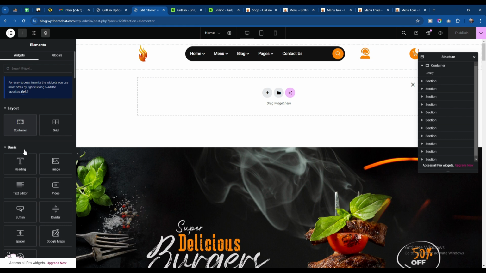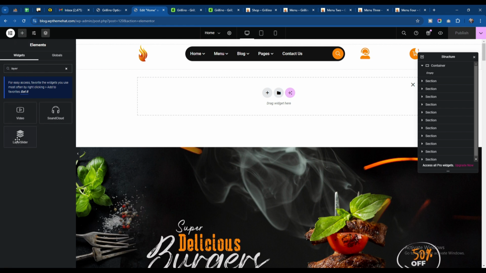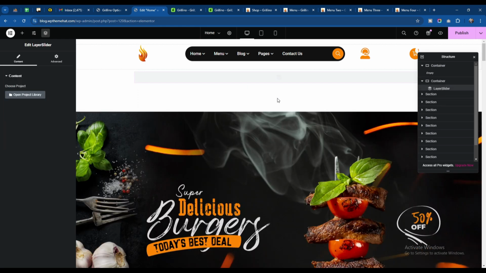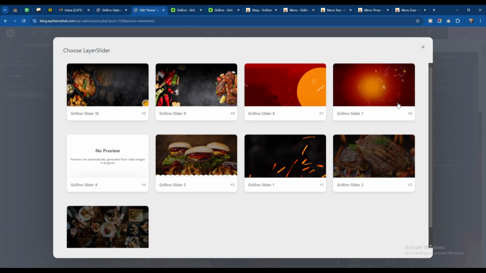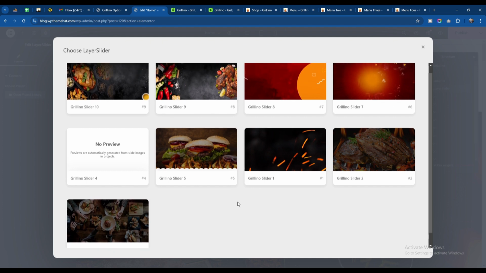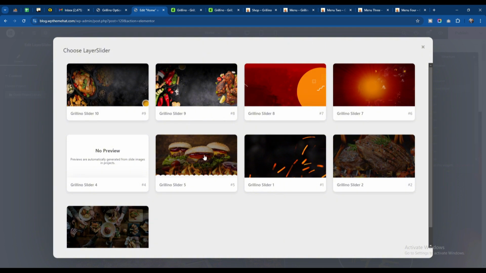So I'll take the layer slider and just drag and drop it here. After drag and drop, you will see these options here, and we already have nine sliders, as you can see. So you can choose any of them. If I choose this one,